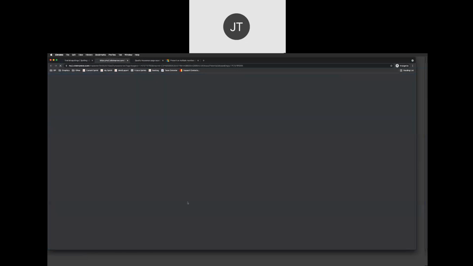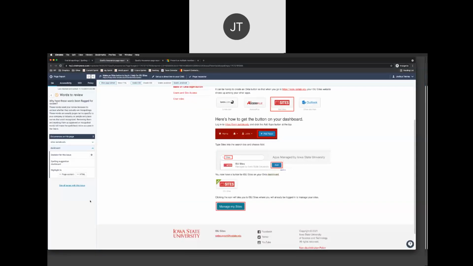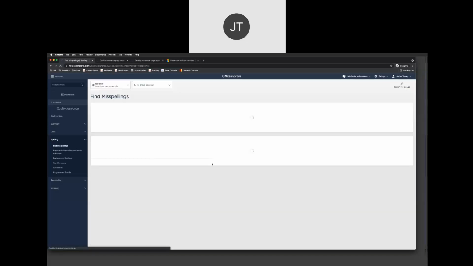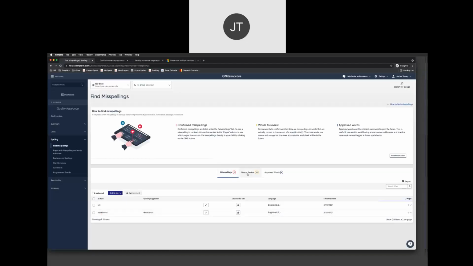And I'll make the same process. The only difference here at all is just that it doesn't know whether this is truly a misspelling or not. And in this case, I have the option for a decision on this issue to approve the word or mark it as a misspelling, so it moves over to that other category. So I'm going to go ahead and apply that here. If I had multiple instances of this word, like if I had 3 different pages with dashboard on them, I can set it so that it marks it as a misspelling for the entire site. I've only got one, so it doesn't matter here. I'm going to go ahead and apply that decision. So that is now a misspelling. And if I go back and refresh this, you should see that have moved over. So now it's also in the misspellings.